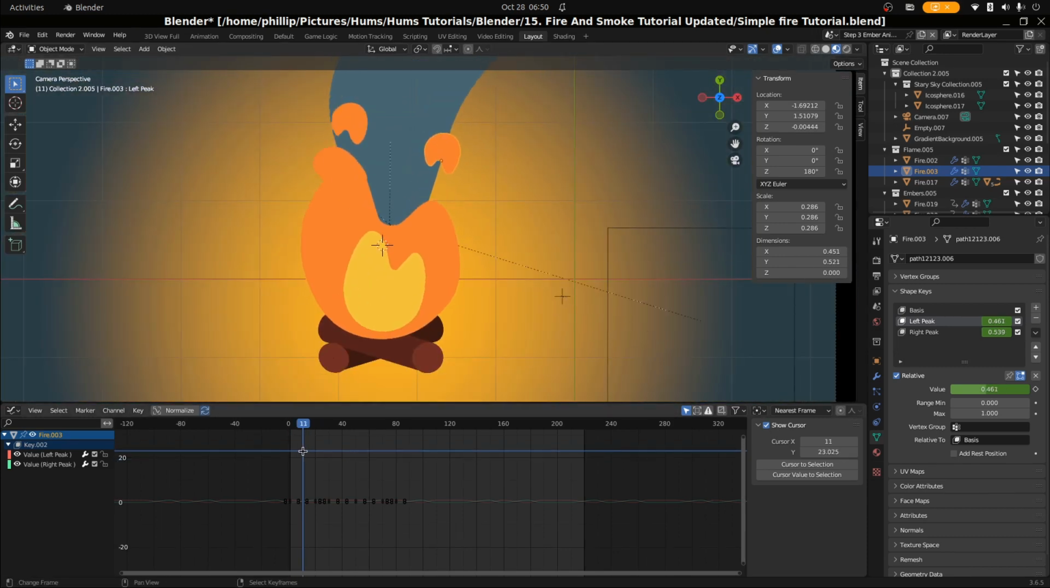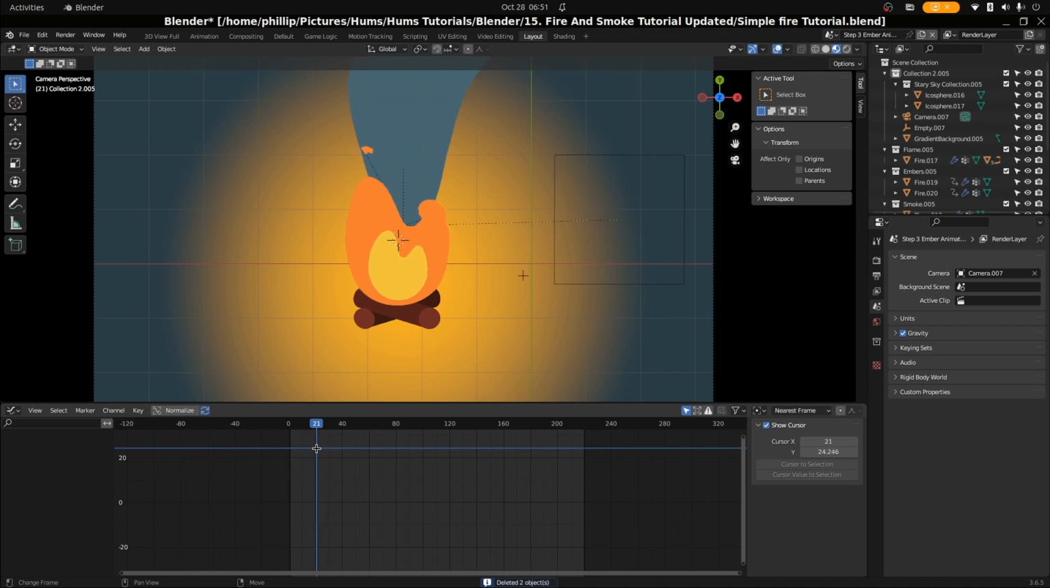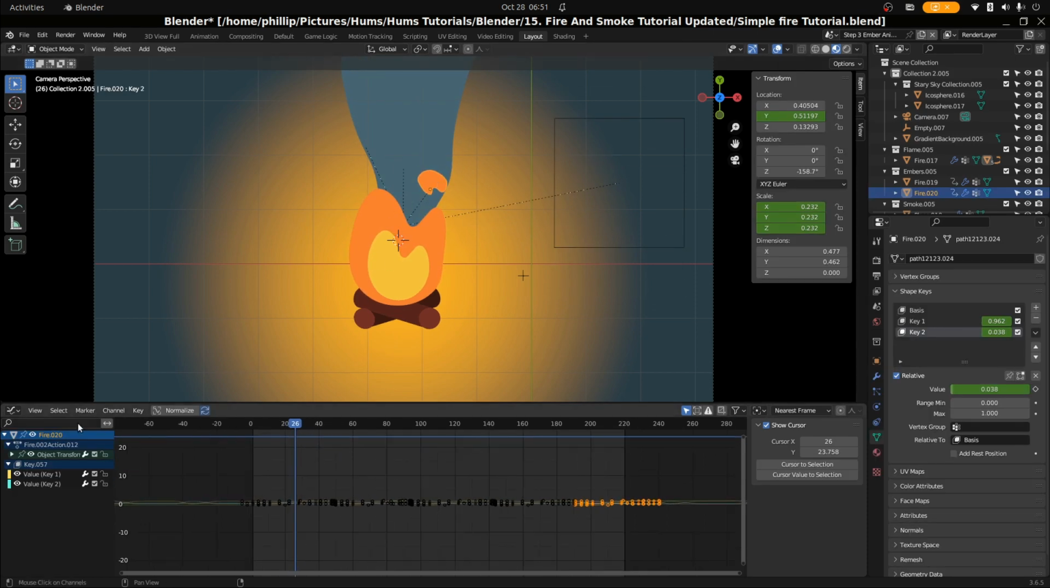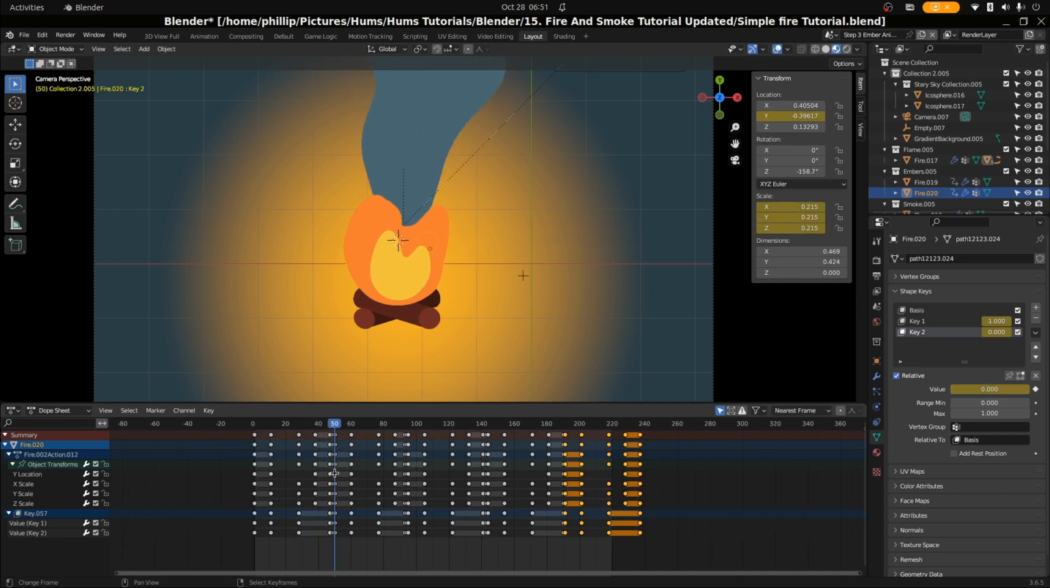All we have to do now is animate the y-axis as we move the ember up, and then animate the scale so that it disappears over time. With that, we just duplicate what we've done. We duplicate the keyframes of this, and we should get something that looks like this. And that is essentially the ember section and the flame shape key section. In the next